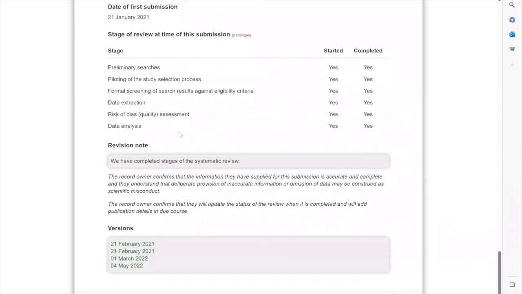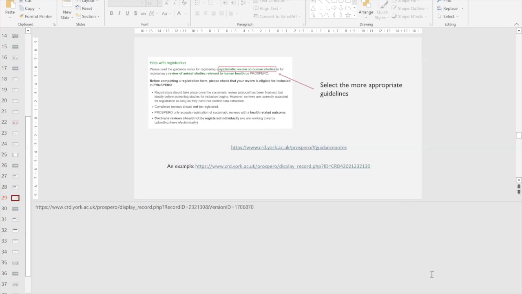And everything is detailed, and you can have the track of all of the process. And then in the article, the reviewers can also have this information and follow your procedure.